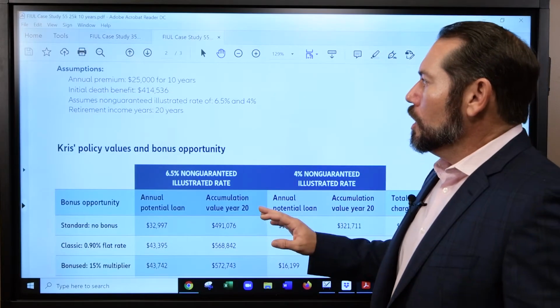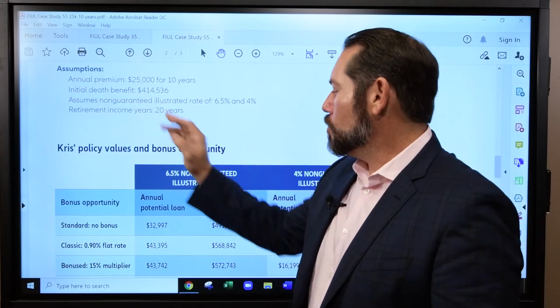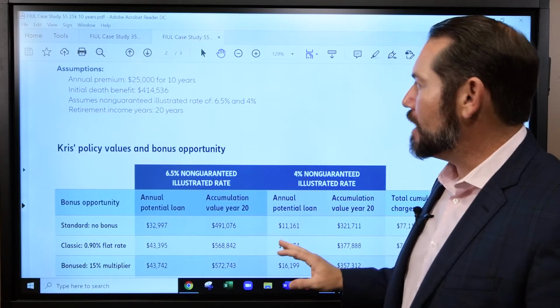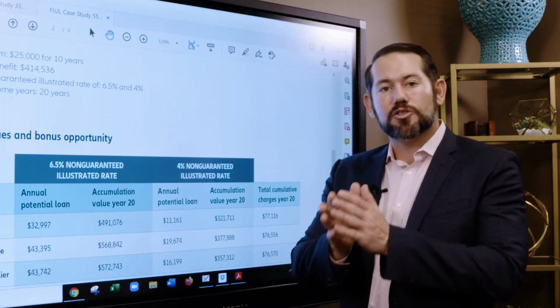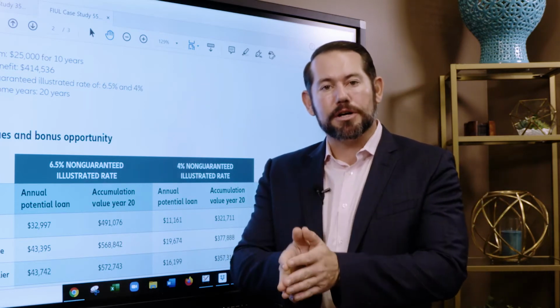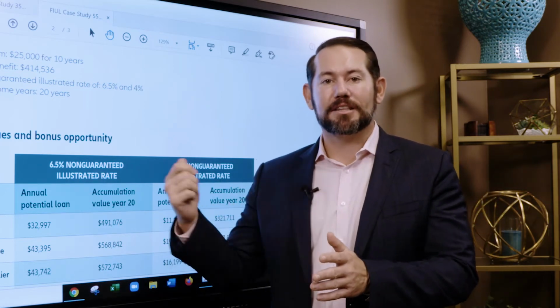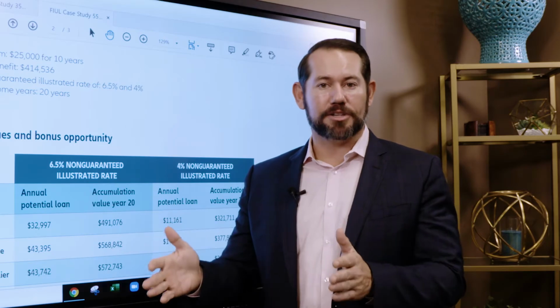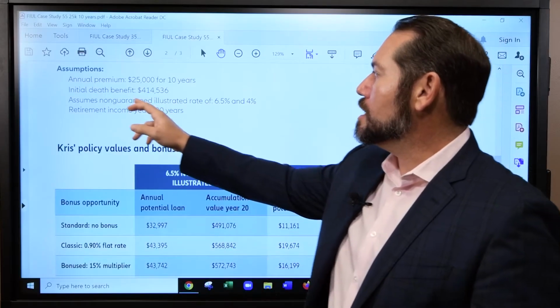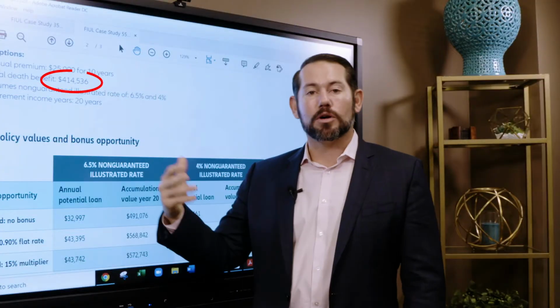So first, this is an example. We're going to look at a 55-year-old male here that makes a $25,000 per year annual contribution into this policy for 10 years until they're age 65. So the initial tax-free death benefit is $414,000. When structuring these policies, you have 3 death benefit options typically to choose from: option A, option B, option C. I'm not going to get into the differences there, but